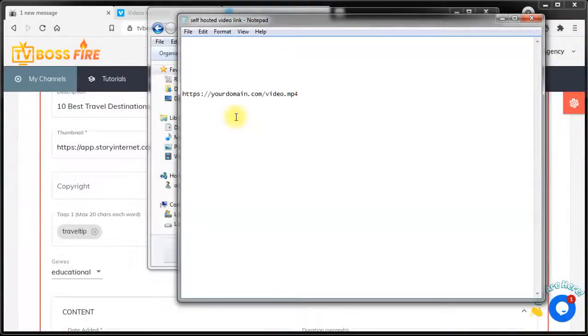Your link should look something like HTTP or HTTPS, depending on whether you have an SSL or not on your domain, like yourdomain.com. And after that, if you upload the video in the root folder, it should be your video title.mp4. If you upload the video into a folder, for example, a folder called mp4, your video link should look something like this.